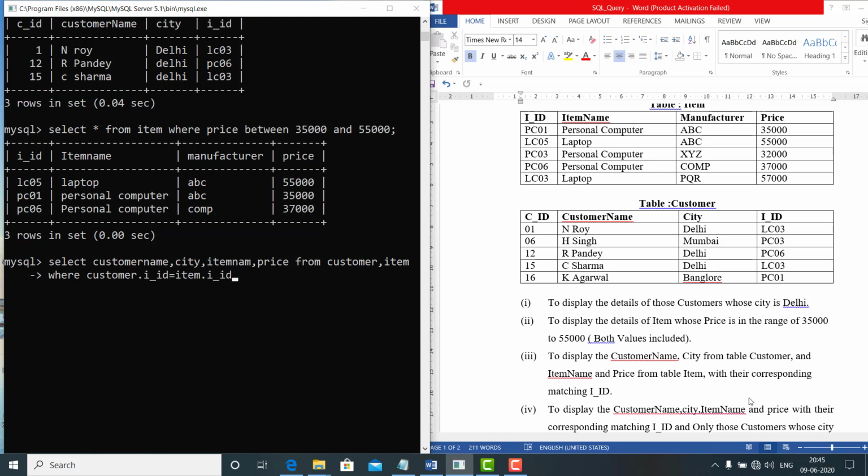This is called the correspondence. Whenever we access records from two tables, we have to use this clause and put the corresponding match with the help of the WHERE clause.